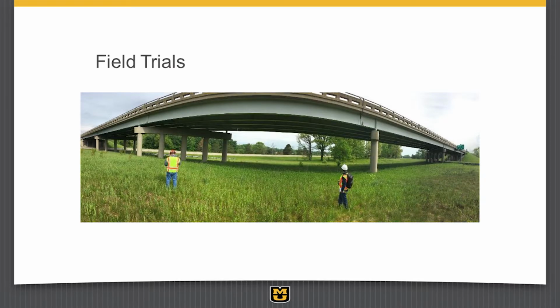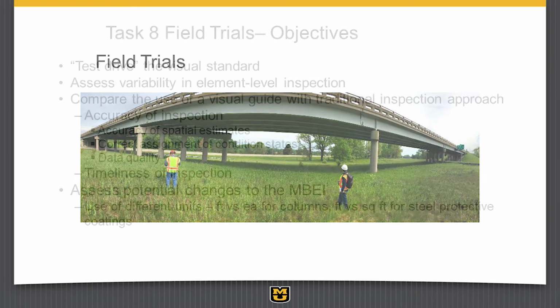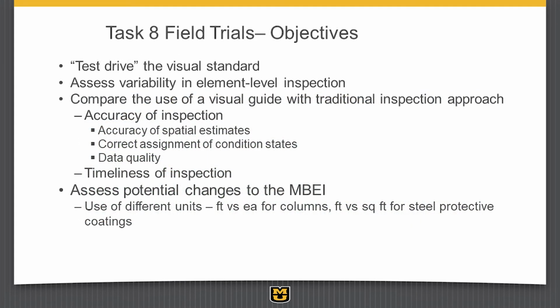And so we'll talk about that, and put this in this order: first some field exercise results for element level inspections of different elements, and then some improvements to the MBEI that resulted from those, which you're probably familiar with because that book's been out for a few years now. But if you ever wondered why this book was changed, or what was behind the reorganization of this book and the addition of all these pictures, well, this is the research that went into that.